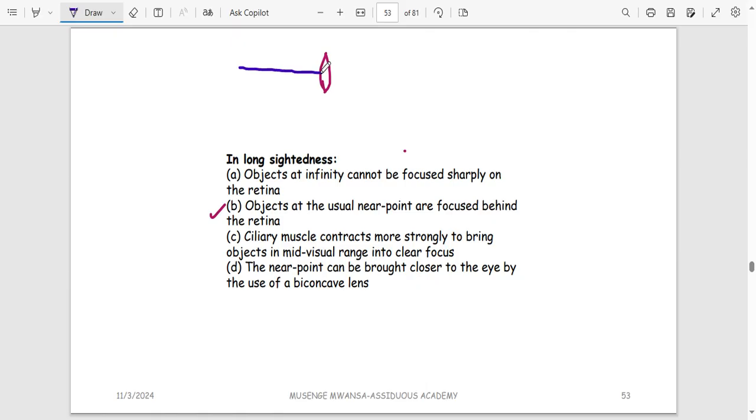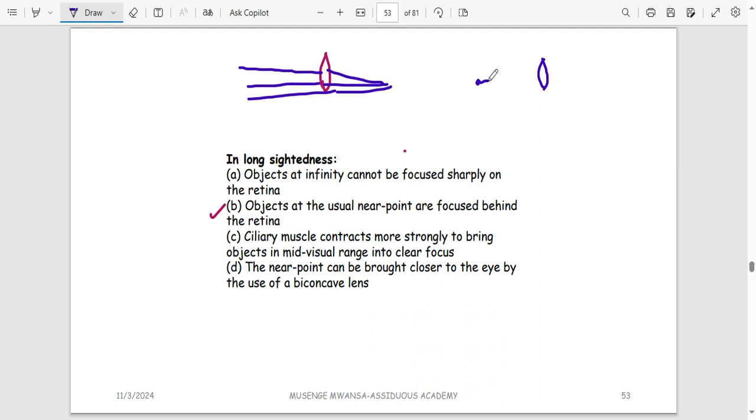So the rays are coming parallel, and then they will be able to converge just on the retina. But then what is happening is that when you come closer than 6 meters,